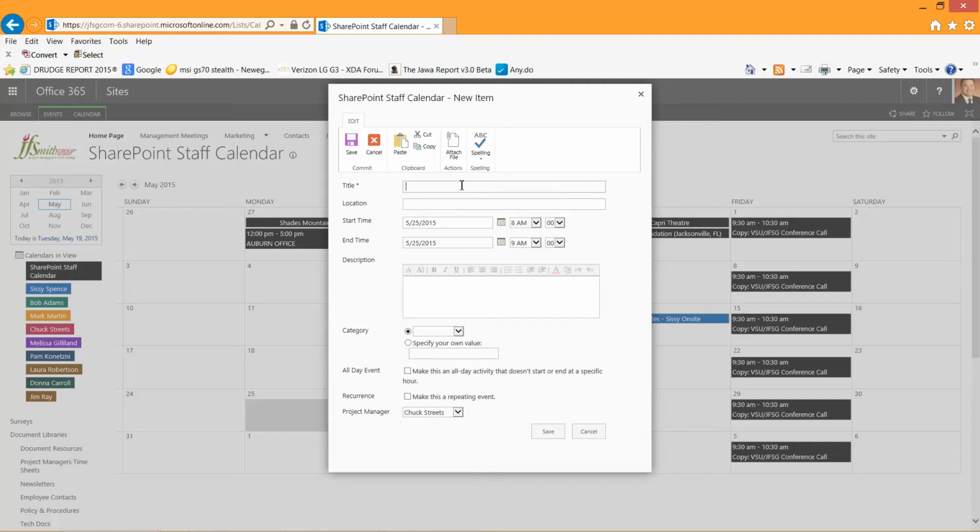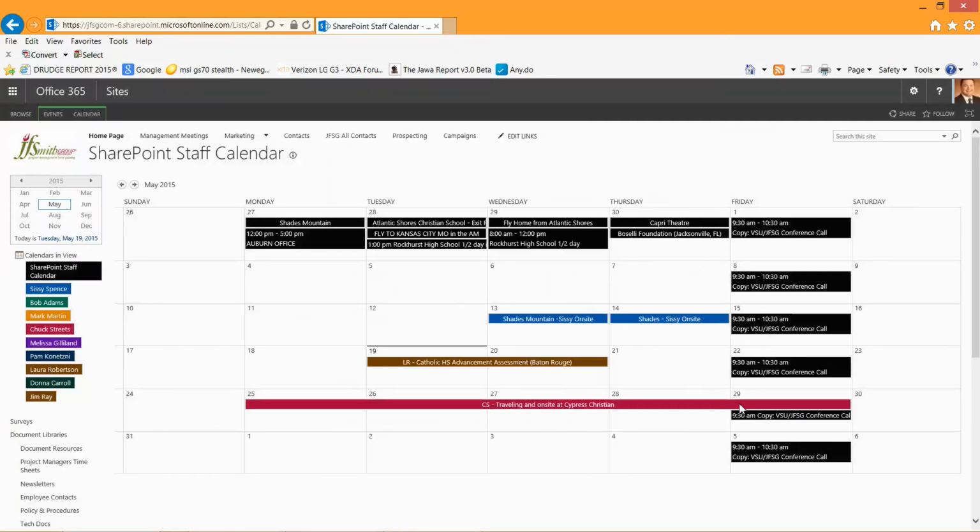And then we'll put initials to lead off the title, Chuck Streets, traveling and on site at Cypress Christian. And we'll say it'll be the whole week, so we'll go from the 25th to the 29th. That's all you have to do. You can put on site here, but that's not going to show up really, so that's more or less for you. And then you just click save, and boom, there it is, Chuck Streets. Anybody can have